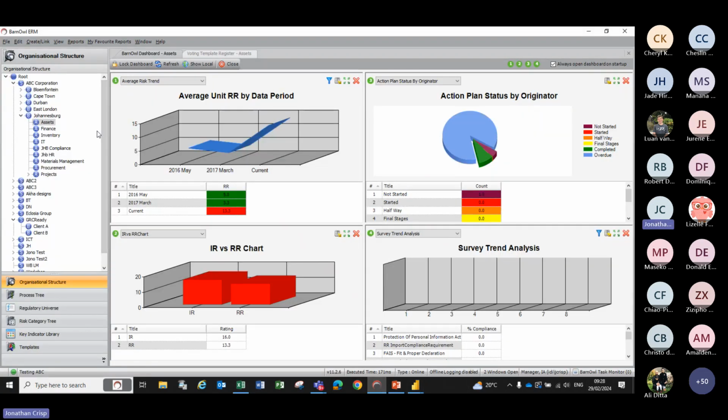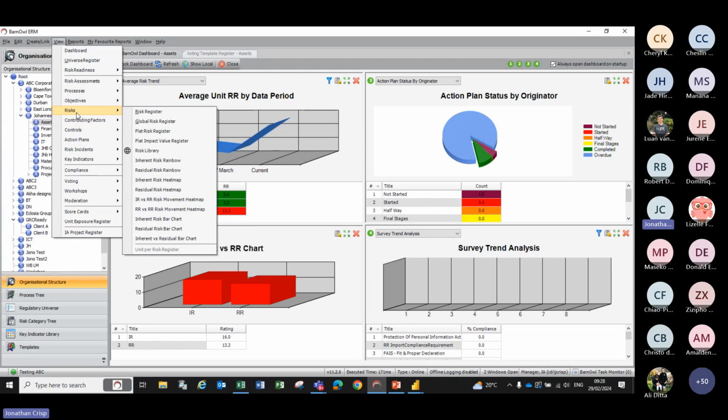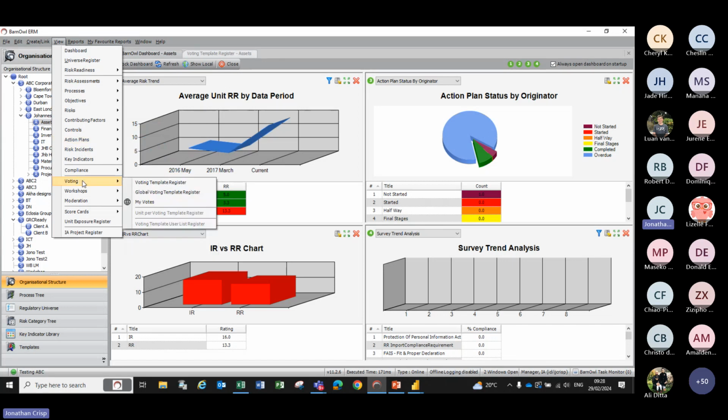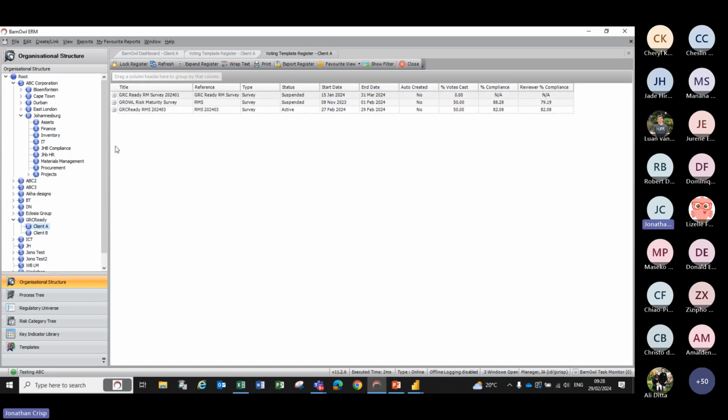So the first thing I'm going to cover are surveys. I'm just going to go through surveys, questionnaires, CSAs, risk self-assessments, and key indicators, essentially the changes that we've made to version 11.2. This is BarnOwl Desktop, the old name BarnOwl Rich, but BarnOwl Desktop. And I'm just going to go to the voting template just to show you that not much has changed here. But if I open, for example,